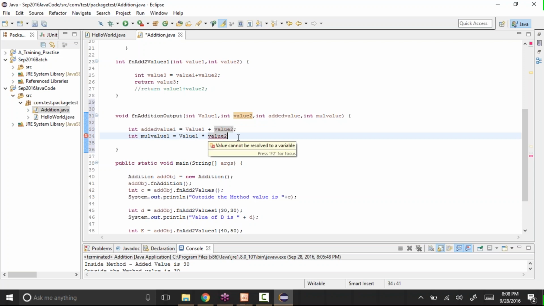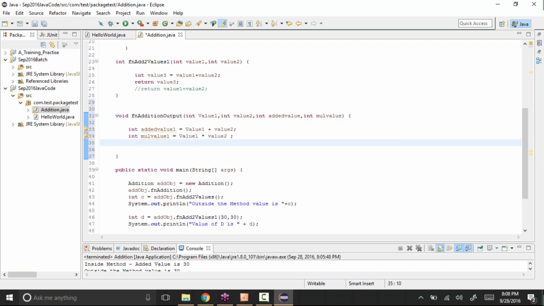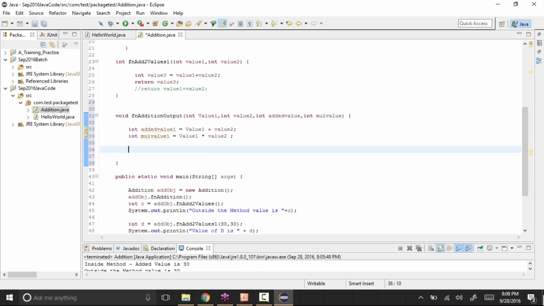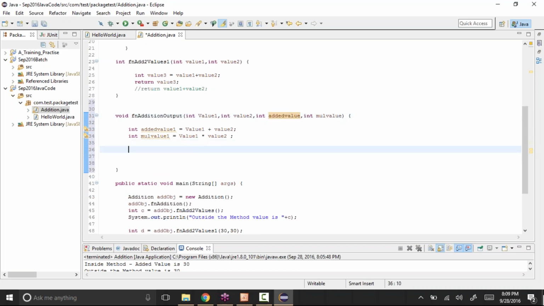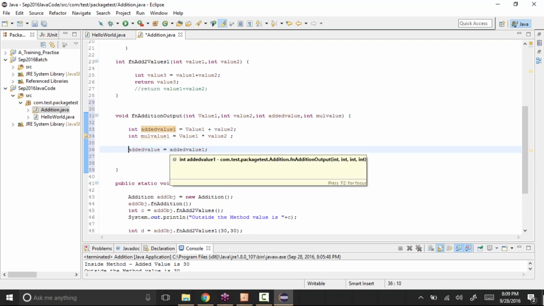See, the variable name should be the same. Okay, and then if you want to return it, added value equal to added value 1, like this.